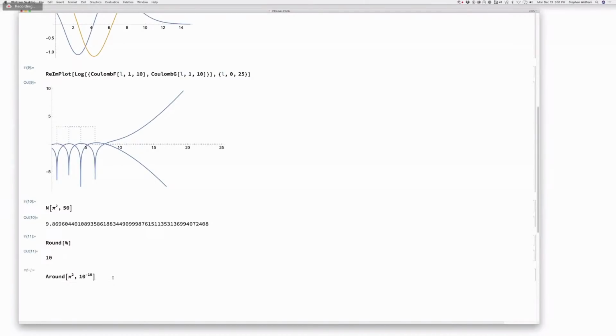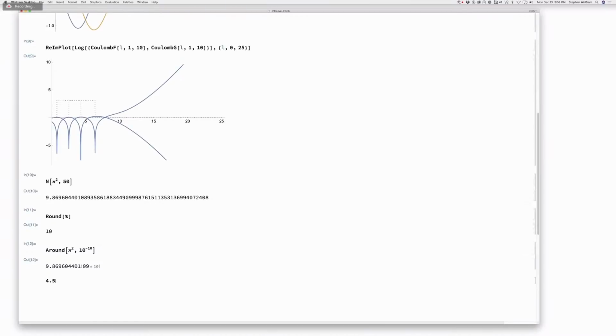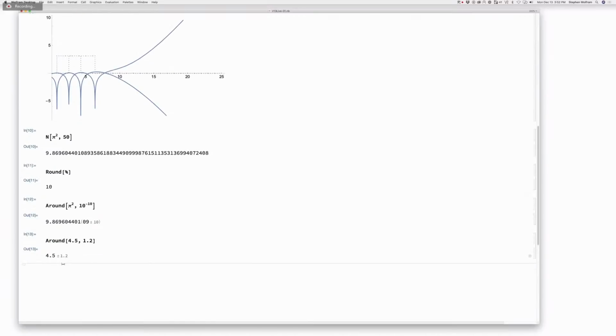Okay, so around has this idea. So you can type in a number like 4.5, and you can say 4.5 with an error of 1.2. So that's 4.5 plus or minus 1.2. And if I work out what's the square of that number, it will correctly keep track of the error in that number. And here this was a slightly trickier case to format because the error was in that very end digits. Okay, so with approximate numbers, you've